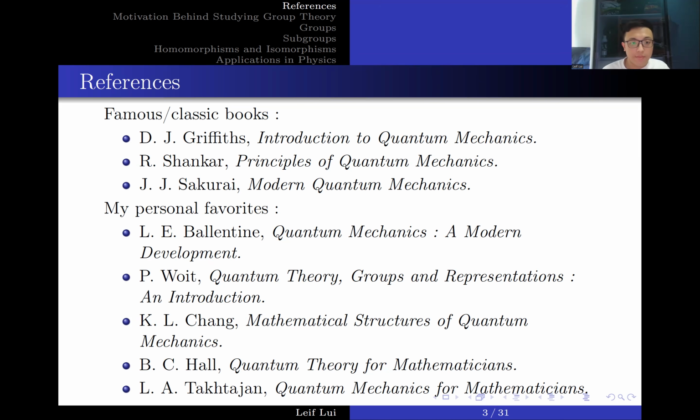The other book that I highly recommend is Woit's Quantum Theory, Groups and Representations: An Introduction. But don't let the name fool you. When they say an introduction, it is really not an introductory textbook. This book is based on a graduate level class, I'm not even sure if it's a physics or mathematics class, on quantum theory at Columbia University. And since Woit is part physicist, part mathematician, this book is very, very rigorous.